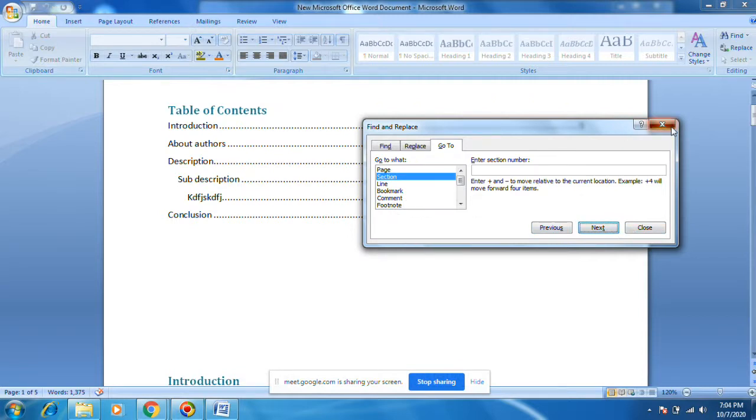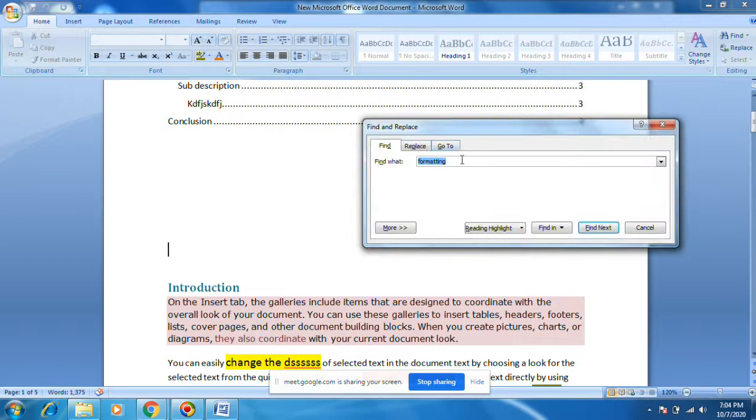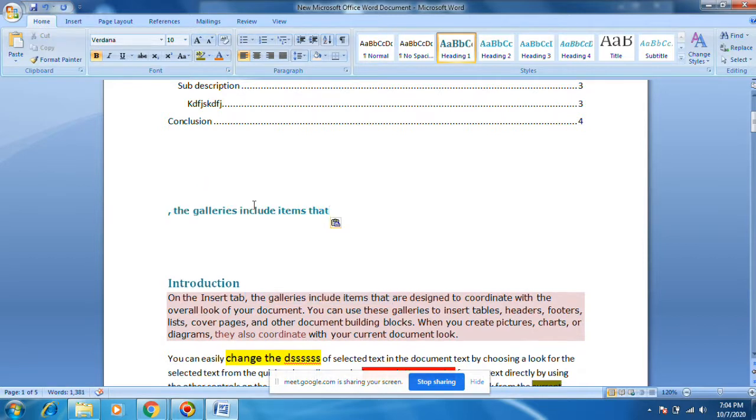By default, how to get it: Control F will get this Find and Replace box, a shortcut. To copy any word, you select it and then press Control C. For paste, Control V. Okay, these shortcuts should be for daily use.